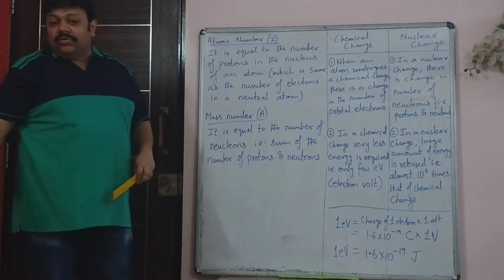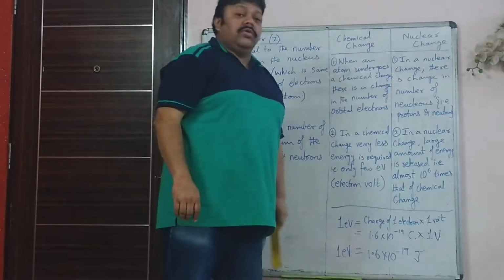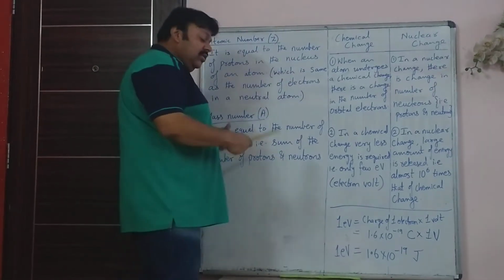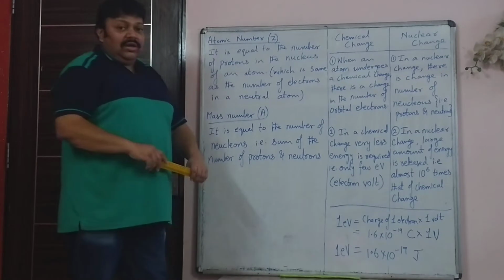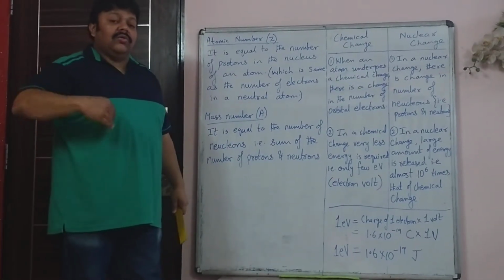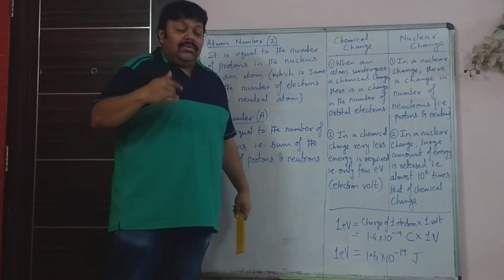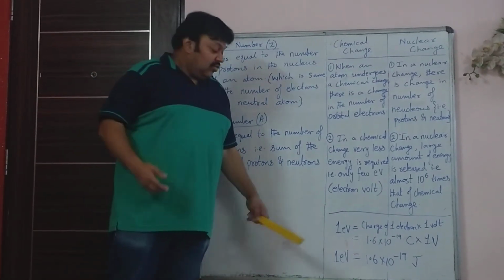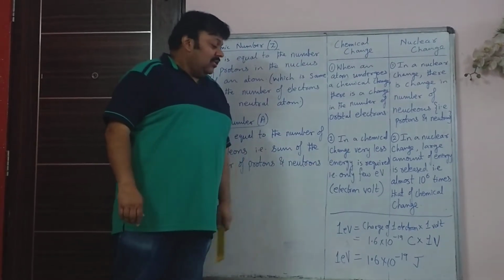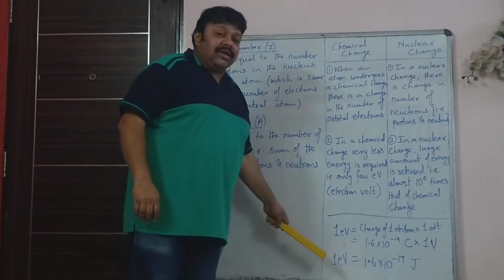So joule is used to measure what? Work or energy. So electron volt is also used to measure work or energy. It is used in case of chemical changes, and in case of nuclear changes you will call it MeV. M stands for mega. Mega stands for 10 raised to 6. So how much energy is released in a nuclear change or in a chemical change is generally not expressed in joule, it is expressed in electron volt.